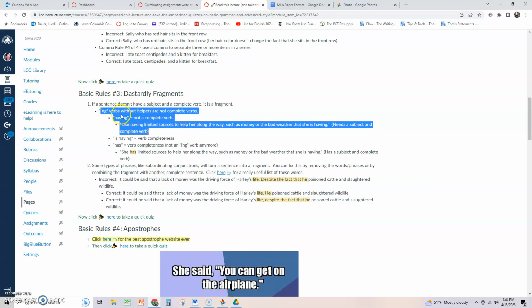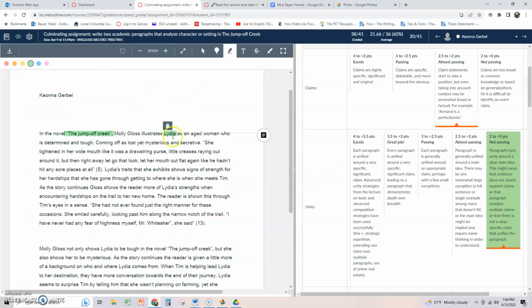And for a complete sentence, you need a subject and a complete verb. So here, you've got the ing verb here coming across as lost yet mysterious and secretive. So coming isn't a complete verb, and you don't have a subject, who or what is coming. So if you had changed it, just going to show you, fragments are really hard to explain by just pointing to rules, but they're a lot easier to talk about when you're just fixing it. So if you were to tweak it by just saying she comes off,